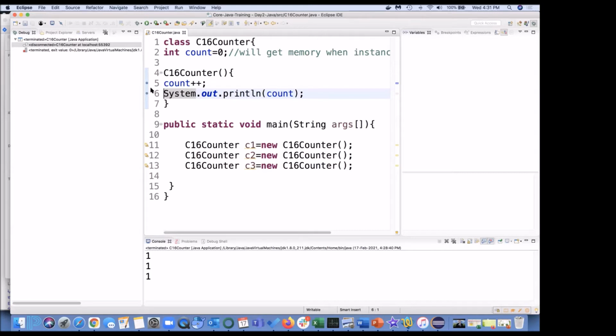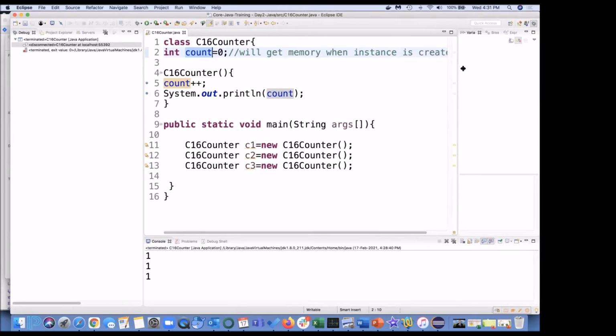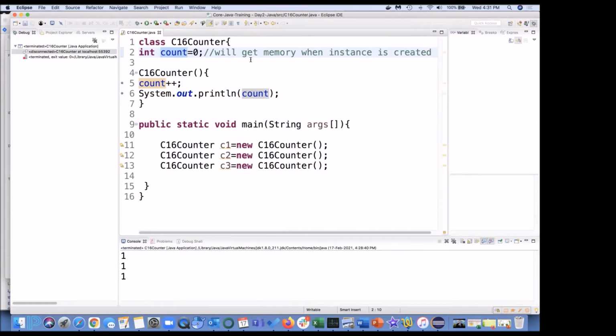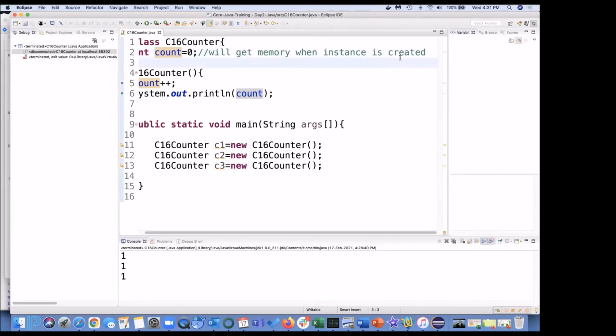We have put the debugger point here, and we have seen that every time this particular object is created, for that object count is 0. And this got executed. Then for the next object creation, again this will be reset to 0. That is the reason in the comments I have written, will get memory when the instance is created.